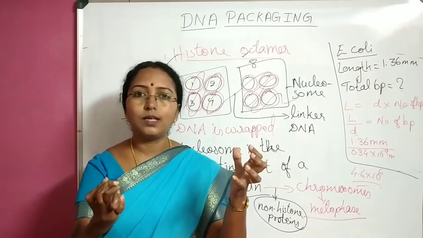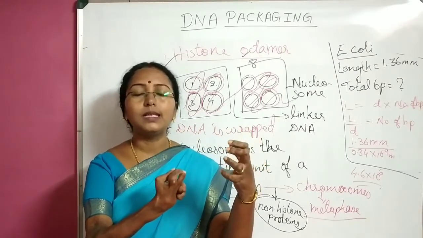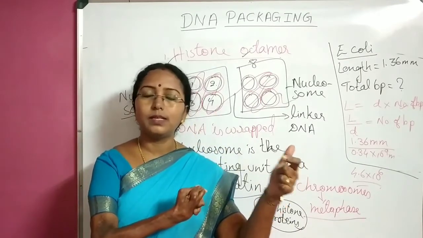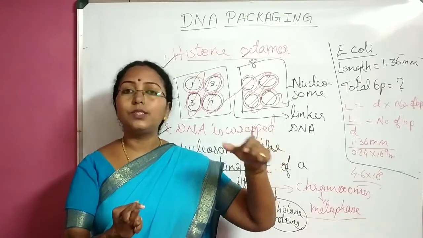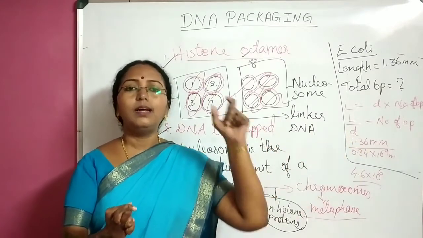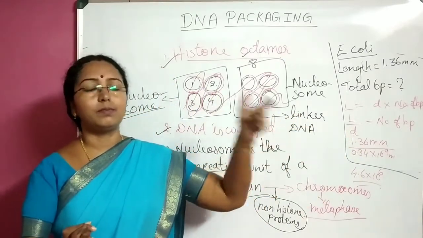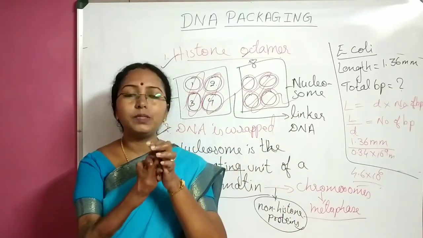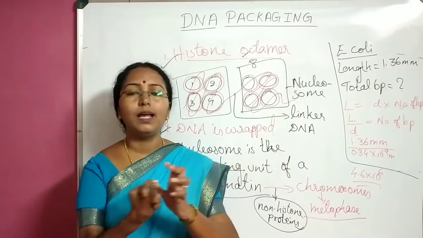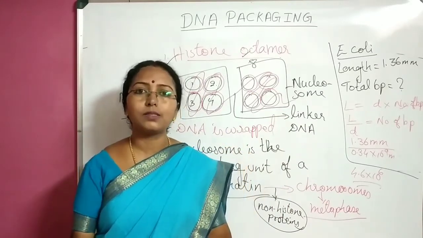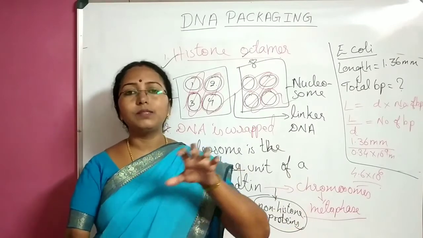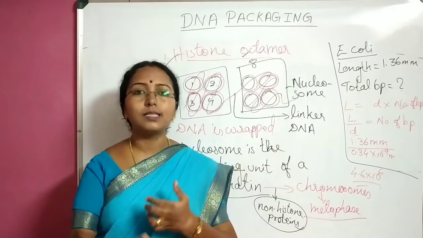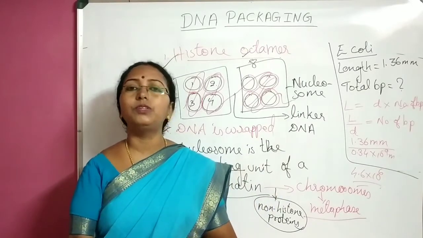Now, what is histone octamer? It is made up of 8 histone proteins, and then the question is, what are these histone proteins? They are proteins rich in positively charged amino acids. Now, why positively charged amino acids? Because our DNA has phosphate, which is negatively charged. If that is kept inside the very small nucleus, they will repel and the stability of the genetic material will be lost. So likewise, children, you should connect and learn so that in whatever ways the question is asked in the exam, you can answer them with ease.